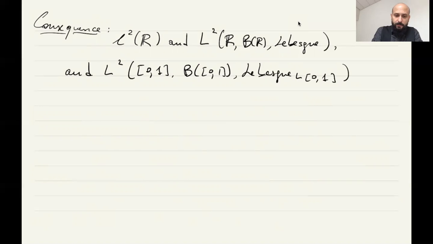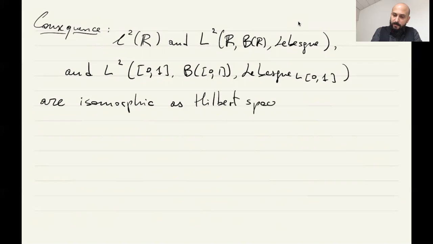And I'm going to tell you that these are isomorphic as Hilbert spaces. And this is because all of them are infinite dimensional, that's easy to check, but they are separable. Let me at first convince you that little L2 is separable. So indeed, let me just write that one needs to just check